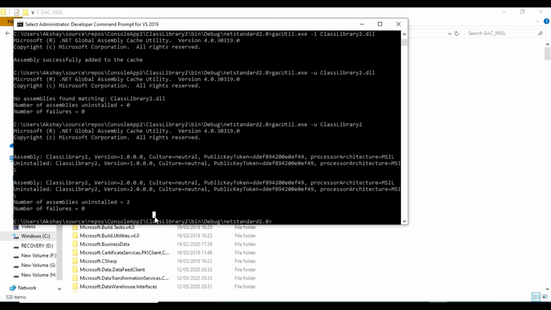So now what if you want to uninstall just a specific assembly with a specific version? Here you have mentioned just the file name, so this tool has uninstalled both the assemblies with both the versions. Now if you want to uninstall just the specific version's assembly, we have to specify the version as well as the public key token. So how will we see that? Just put a comma here, version,